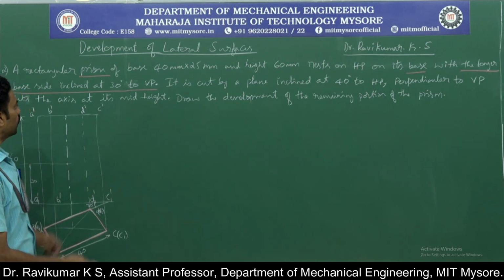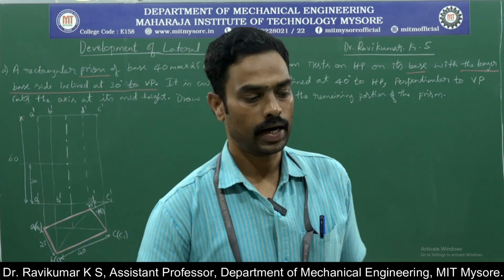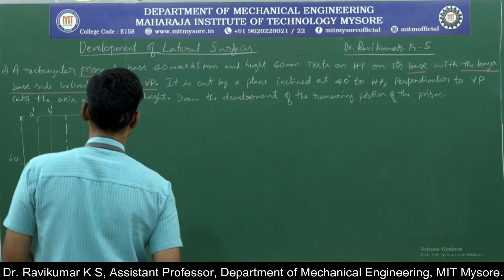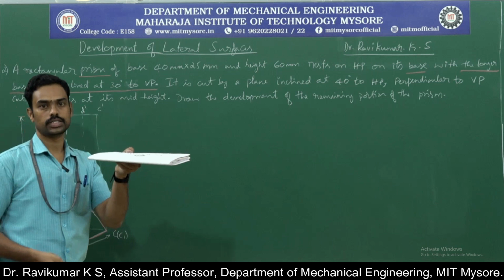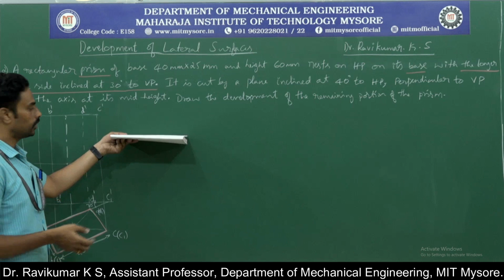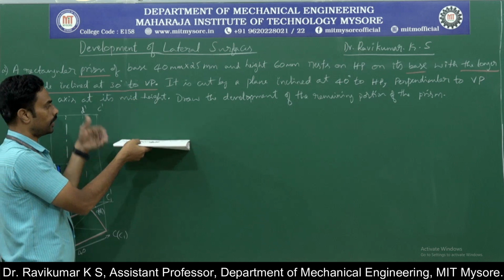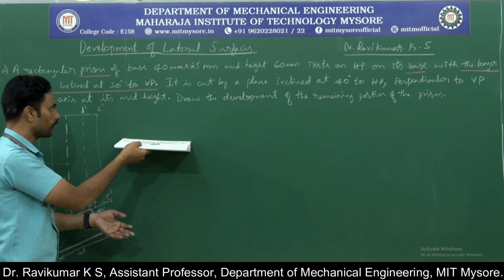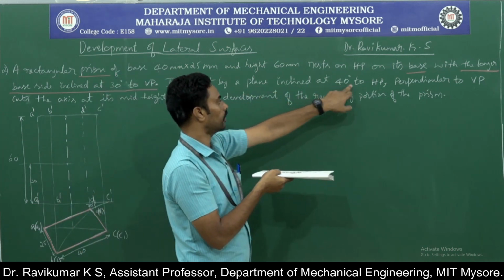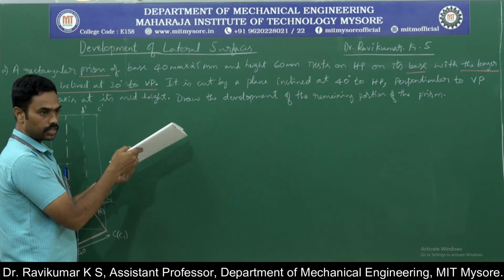So introduce a section plane which is perpendicular to VP and inclined at 40 degrees to HP. You can just have a section plane something like this. It is a plane. Now, if I keep it like this, it is parallel to HP, perpendicular to VP. It is perpendicular to the board and parallel to the floor. Now, it is perpendicular to VP but the plane is inclined at 40 degrees to HP. So, if you just give the inclination 40 degrees to HP,